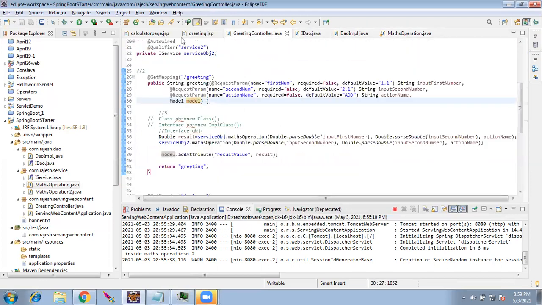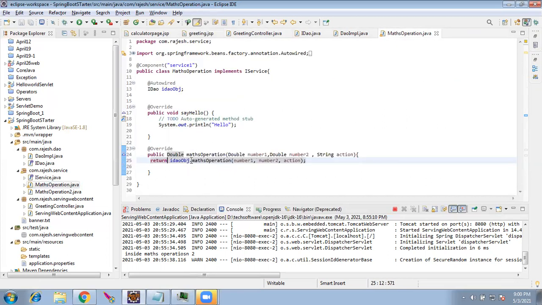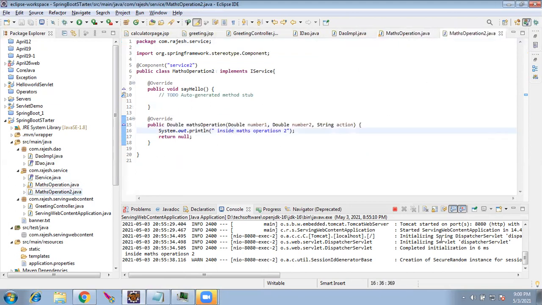So the control comes from the controller. We call the service. Let it be here. I want to show you something. We call the service. From the service, which service does it go to? Both the services. The first service will call DAO. The second service has nothing. It will stop.